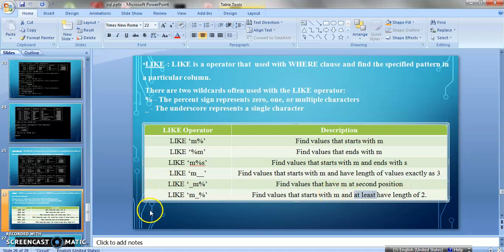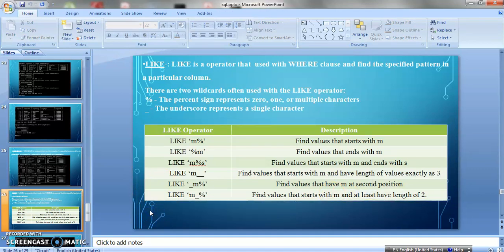So these are various cases, and each of these cases we will see in the next session. We are going to see the practical demonstration of each of the particular cases and we will see how the LIKE operator works. I hope you all understood from today's session, and the LIKE operator we are going to perform in a practical manner in the next session. That's all for today. Thank you.